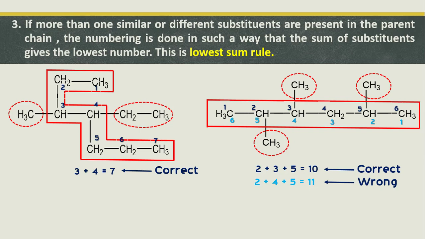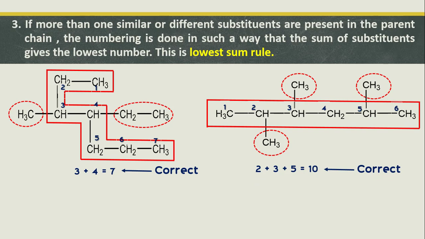However, 10 is lower than 11. So the substituents that lie on the positions which bear the sum 10, that is to be selected as the parent chain. So the numbering from the front end is correct here, and while naming the hydrocarbon, we have